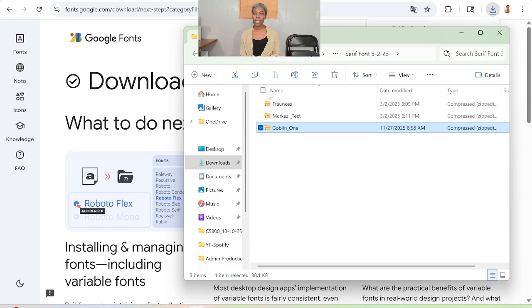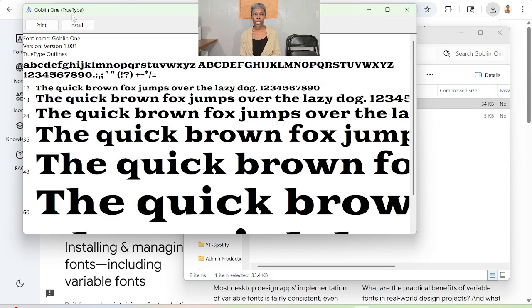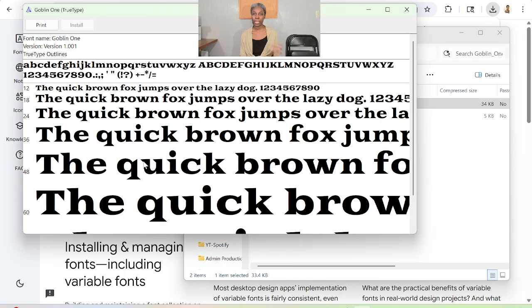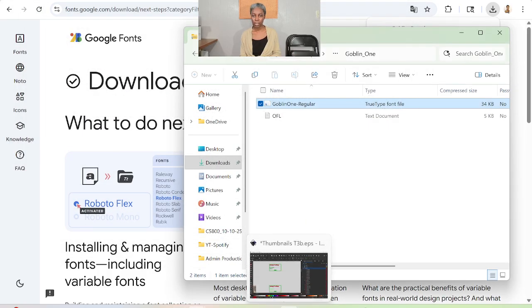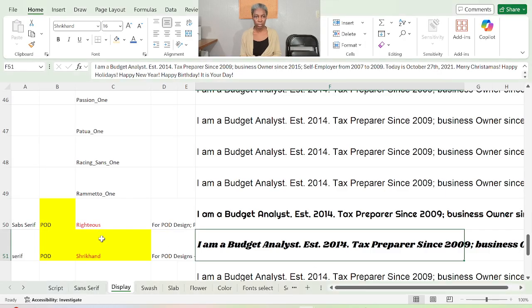So now that you organize your font, you want to be able to access it. So you will click on it and you will click on this one and you will click on install, and it will install it for you. So now that it installed it, let's go back to our spreadsheet here. Under serif,